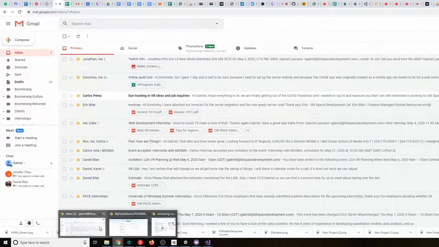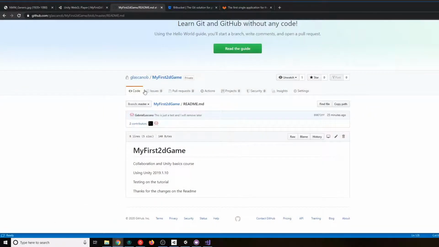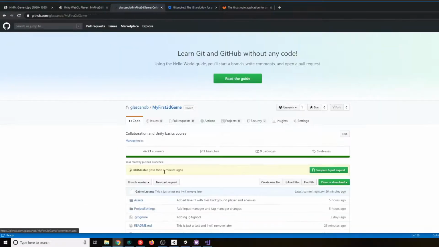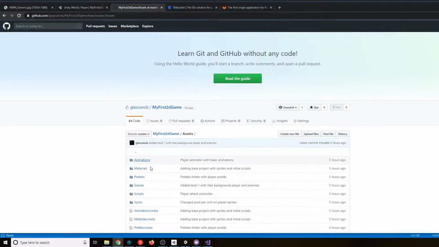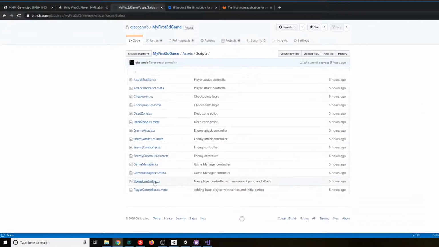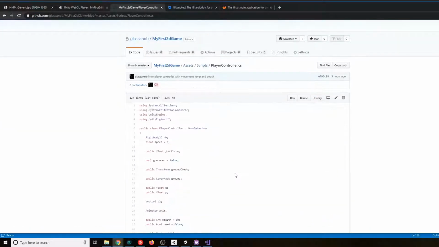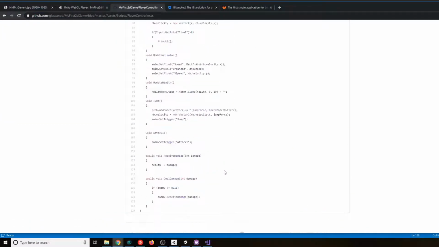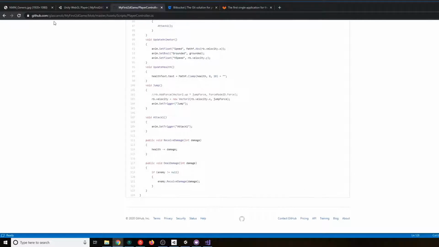So if I go here to my code, and go to assets, scripts, and to player controller, you will be able to see down here. Oh, sorry, I didn't refresh.